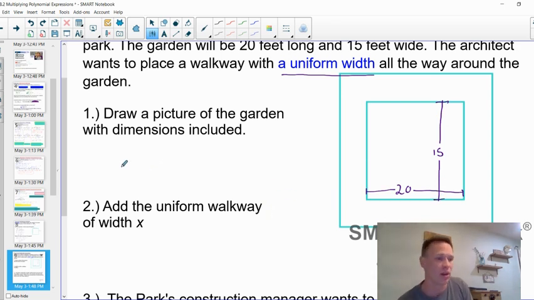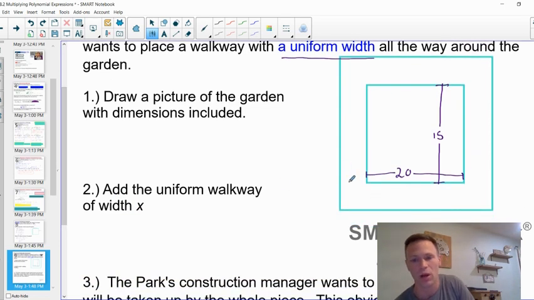There is a uniform walkway all the way around. So it says add the uniform walkway. I already have that in the picture here. And that uniform width, we don't know yet. The architect hasn't made a decision on the width of the walkway, but we just know it's going to be some value. So we're going to have to put x here. Now, I'm going to place my x's very strategically in this picture. I'm going to put one there, and one there, because that represents the width of the walkway. One here and one here. One here and one here. The reason I'm doing that is because the distance from here to here is going to be x, and the distance from here to here is going to be x. Whatever they decide the width of the walkway to be, it's just going to be right there, right?